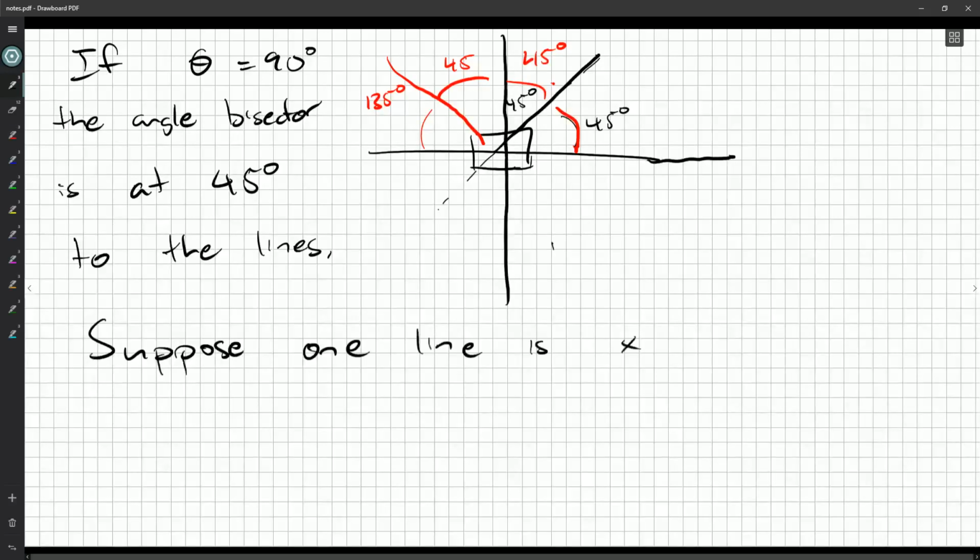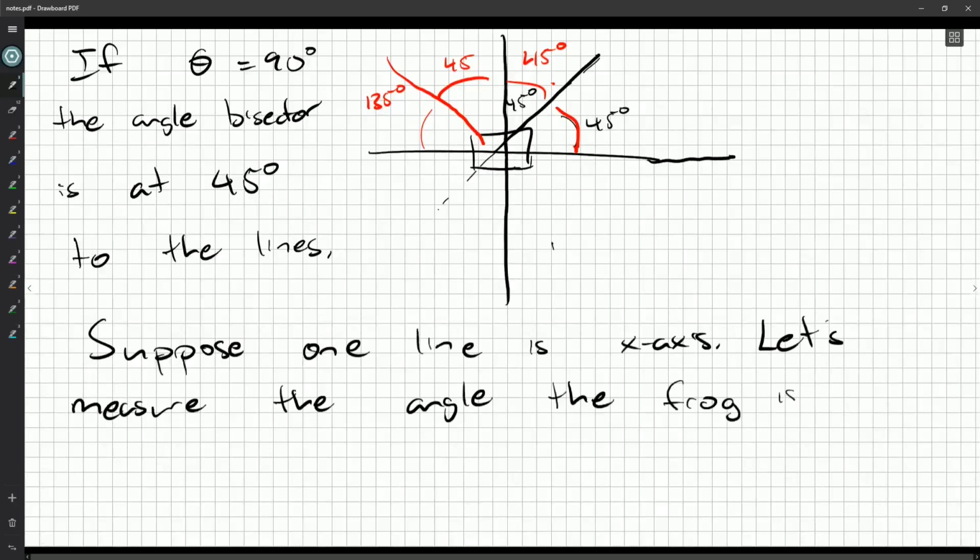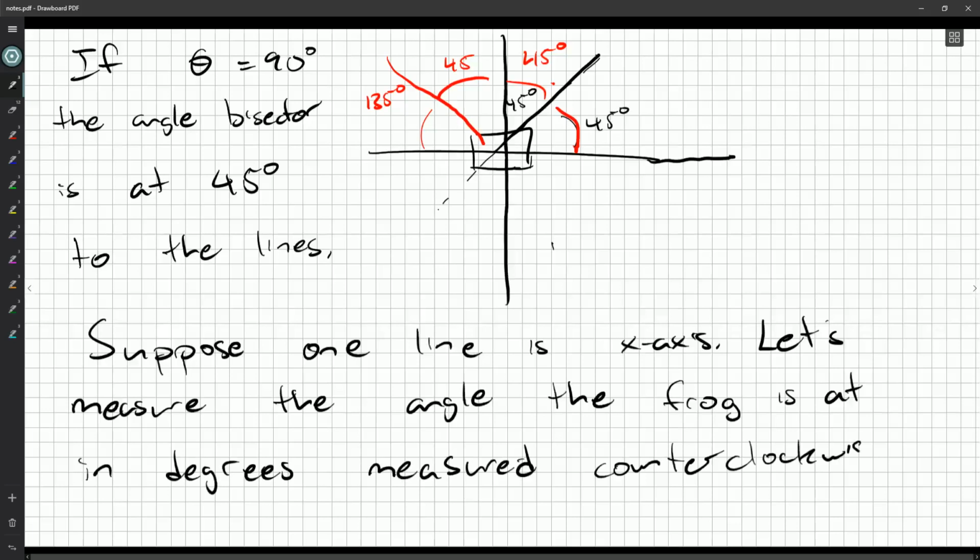One line is the x-axis. Let's measure the angle the frog is at in degrees, measured counterclockwise from the x-axis, and we'll say around the origin. So I guess we could say the frog starts at 45 degrees, reflecting